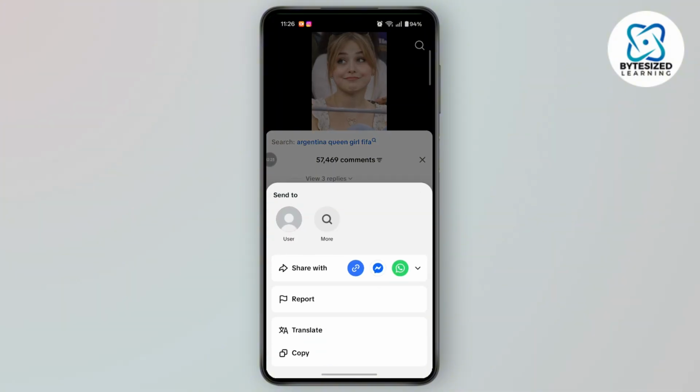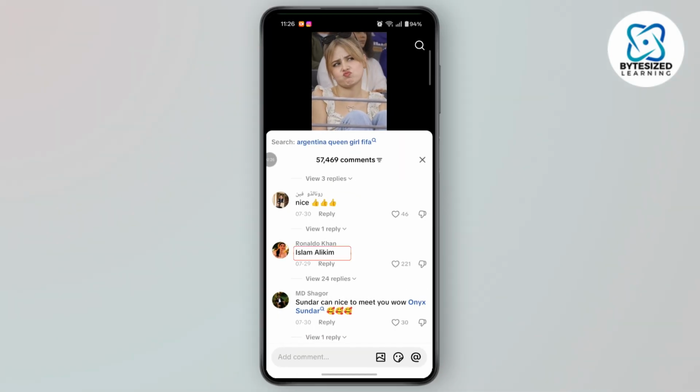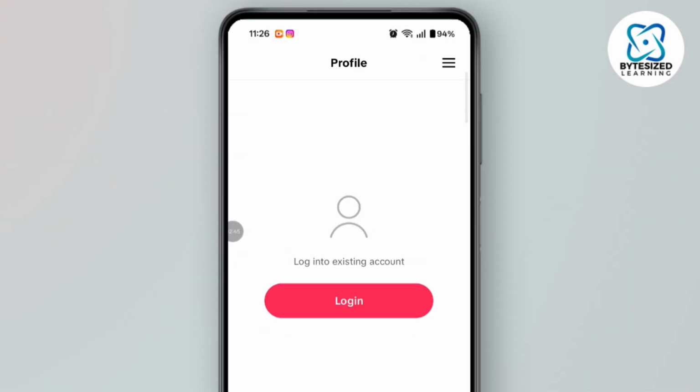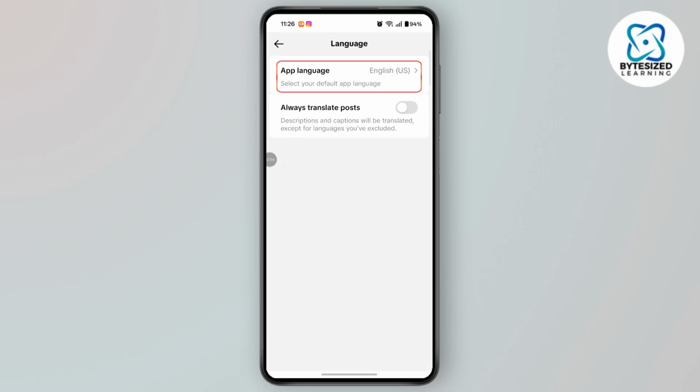If translation is available, tap Translate, and TikTok will automatically translate the comment into your selected language. If you want to change your translation language, go to Profile, Menu, Settings and Privacy, Language, then select your preferred